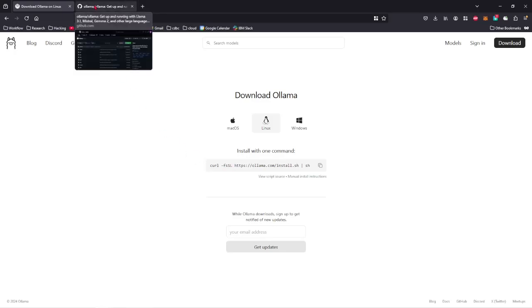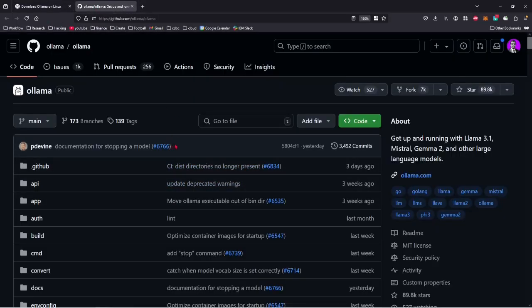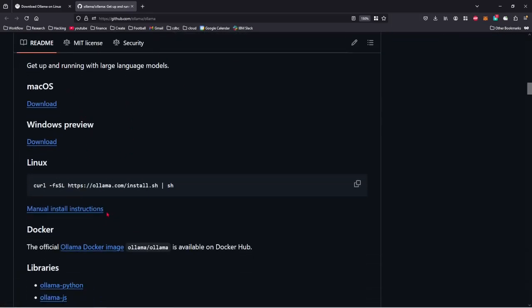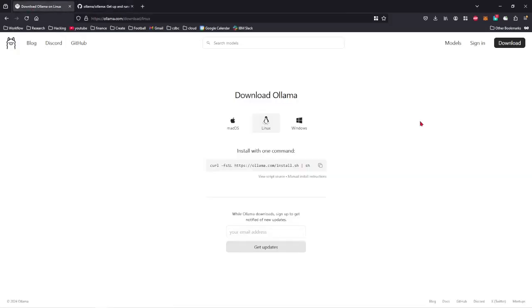If you are using GitHub, you can go to the GitHub page, and below you will find the same instructions there also. I have already downloaded Ollama in my system, so I will not repeat the step. So once you have downloaded